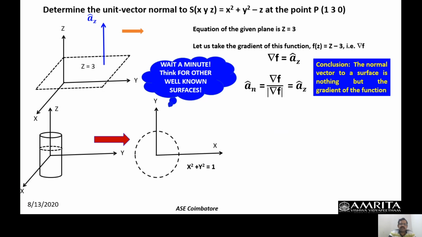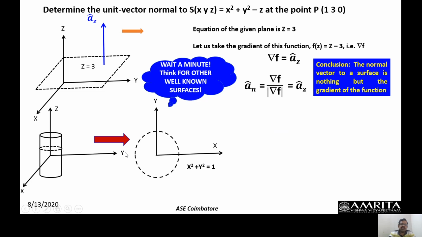Now, what is the gradient? The gradient is going to be given as 2x ax hat plus 2y ay hat. Because this circle is of radius unity, this point is going to be (1, 0). If I go to this point at a 45-degree angle, it becomes rho cos phi, rho sin phi, and I substitute 45 degrees for phi. I am going to get 0.707 for the x coordinate and 0.707 for the y coordinate. Similarly, I can get this number also.